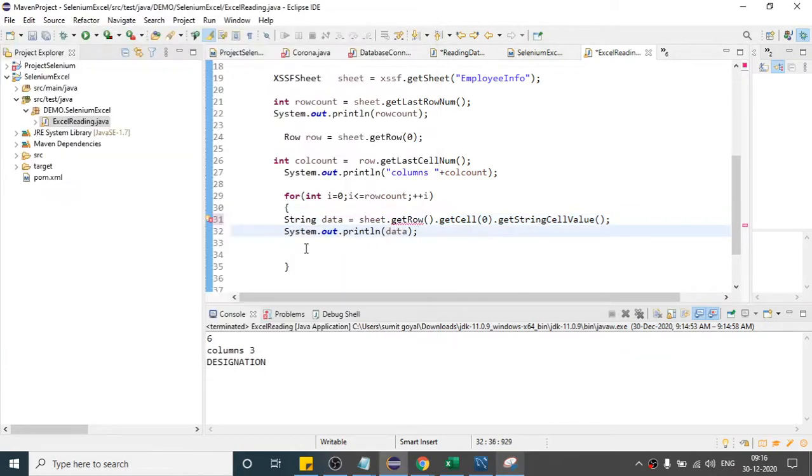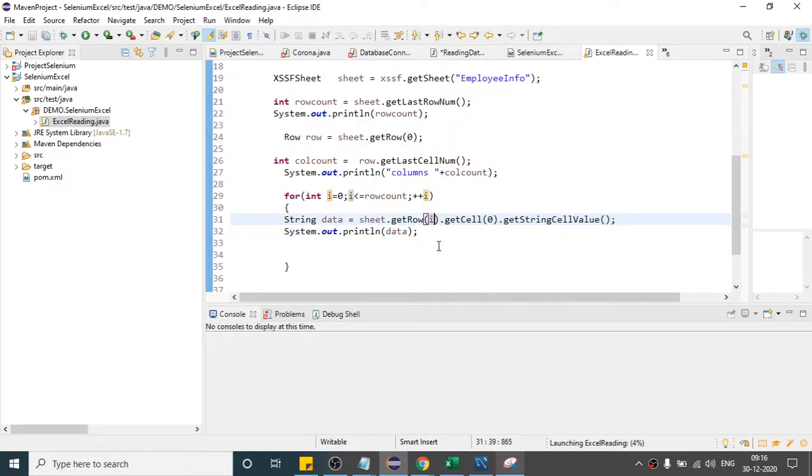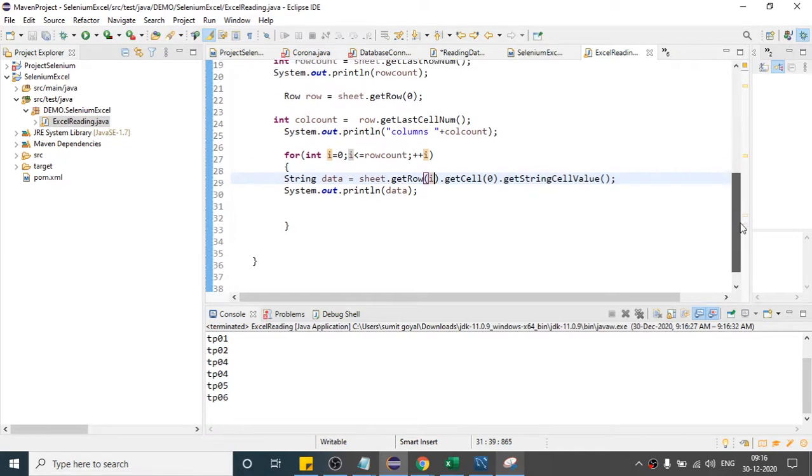So if I invoke this get row of i, and if I run this, it will print the first column data, but I want all the columns. Right, so this is how it is printed, right?